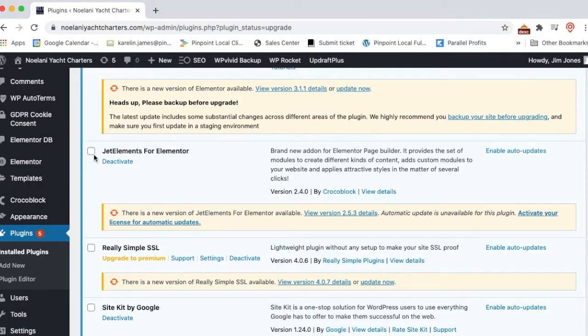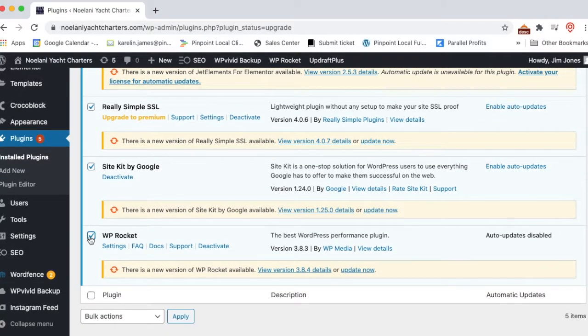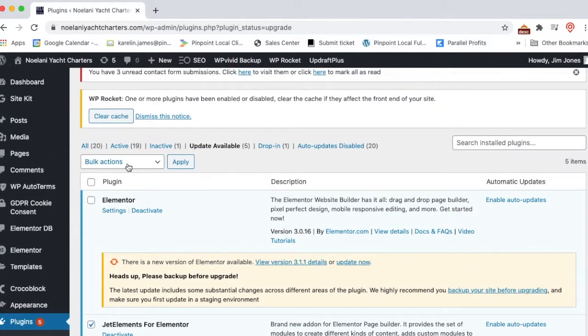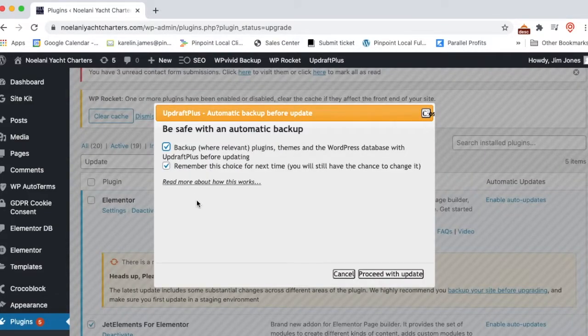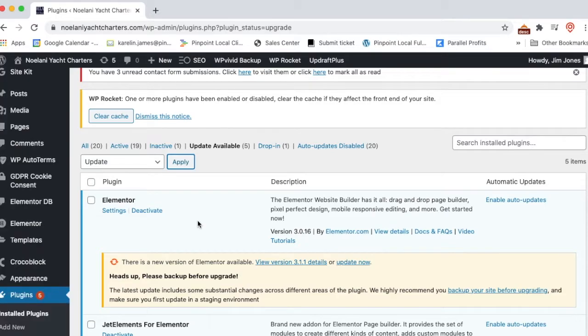But on the other ones, I'm just going to check these checkboxes here, and we'll update these. So I go up to the top. Bulk actions is to update, and we'll apply. Now we have set your Updraft as a fail-safe. You will automatically be prompted to make a backup before you update any plugins. But because I've just finished that, I'm going to proceed without it. I've just manually made the backup to show you. But we've got a safeguard in there. It will always prompt you to make a backup before you do updates, and I would suggest you let it do those backups